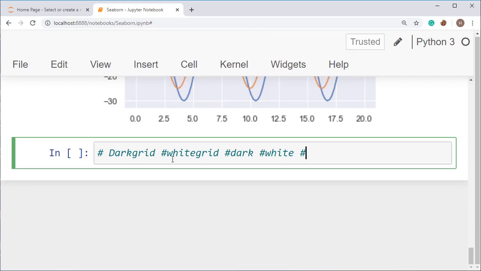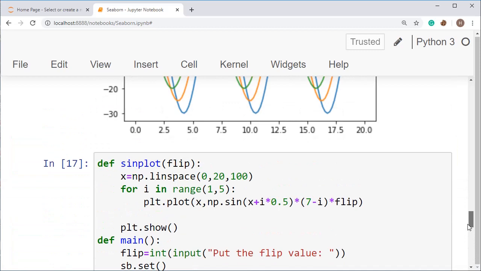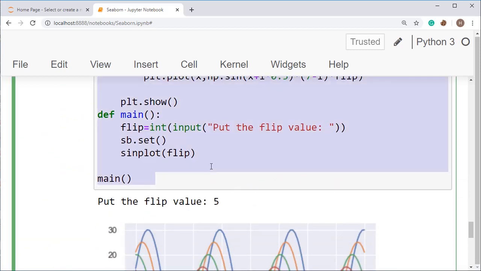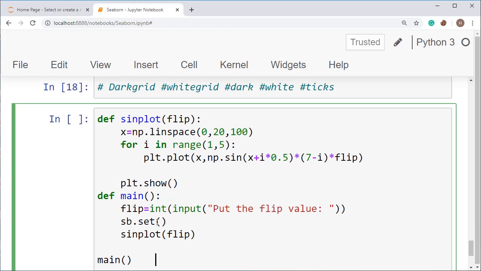I am not going to show all the things. I will show you one or two things, and the other things you will have to practice by yourself. Otherwise the video will be huge, and it will be hectic for you to cover all these things. So I am going to show you in the previous graph, just copy this thing. Otherwise you will be doing the same as I do and you will not understand easily. So at the place of sv.set, use sv.set_style, and just write here dark grid.